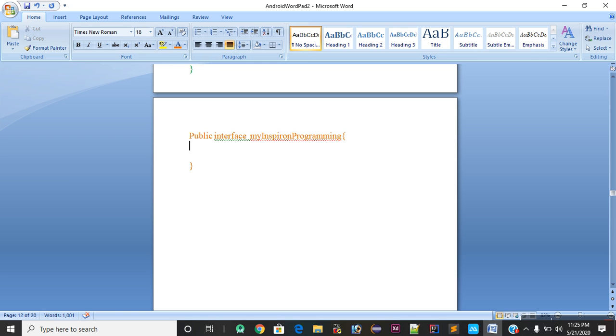Inside my Inspiron programming, I will declare a method: public, and I write the void data type, which is the method name.